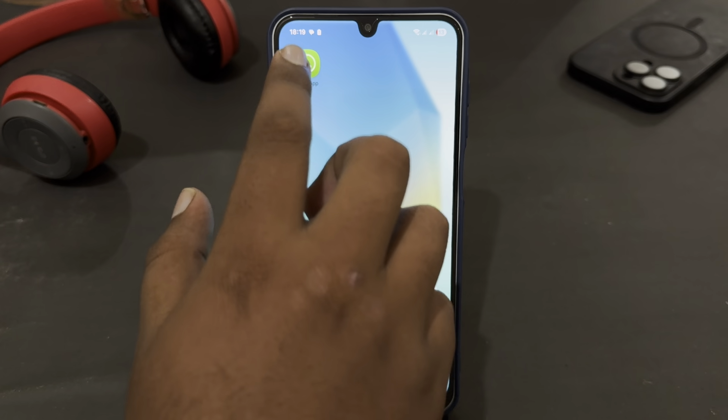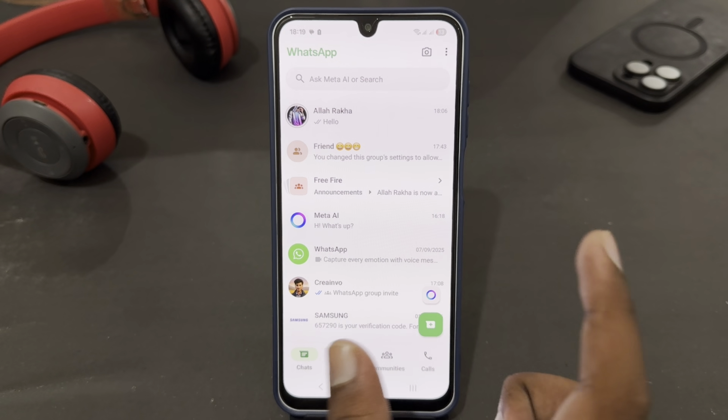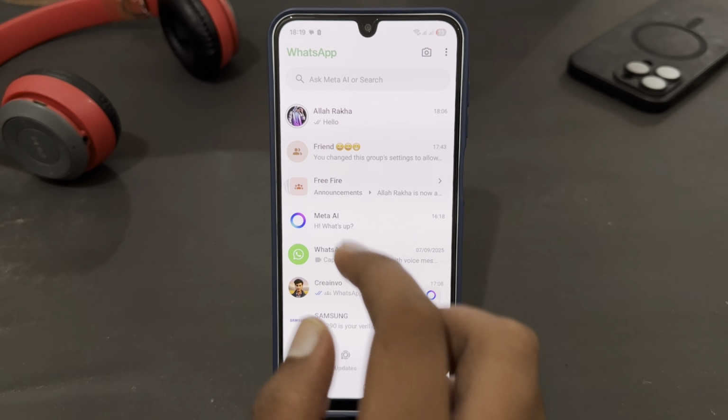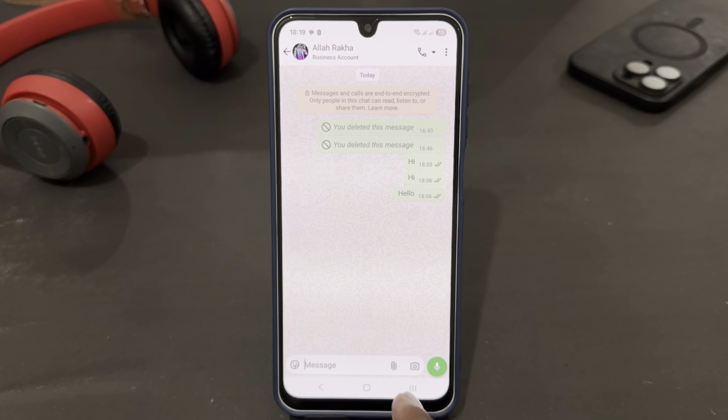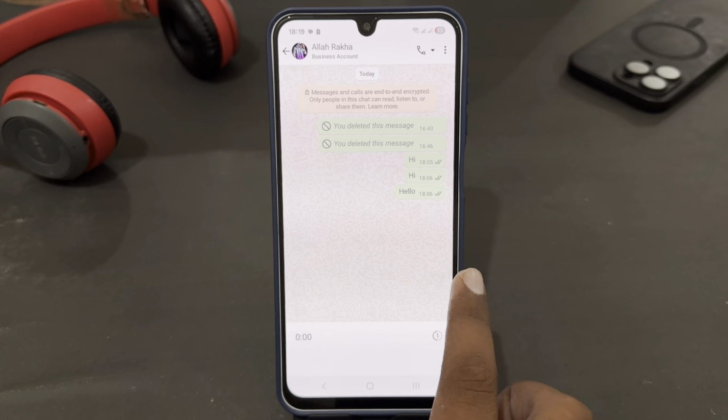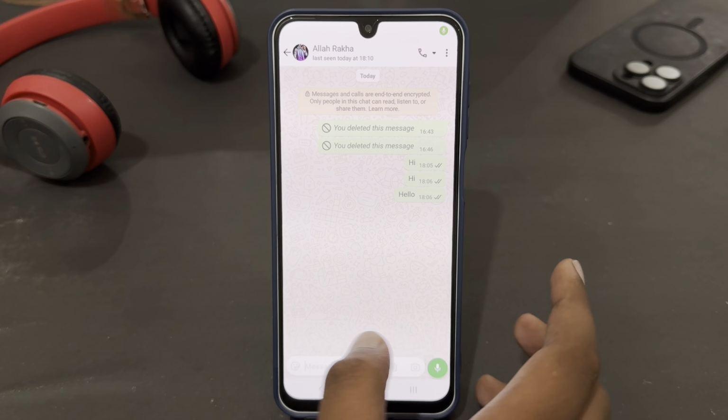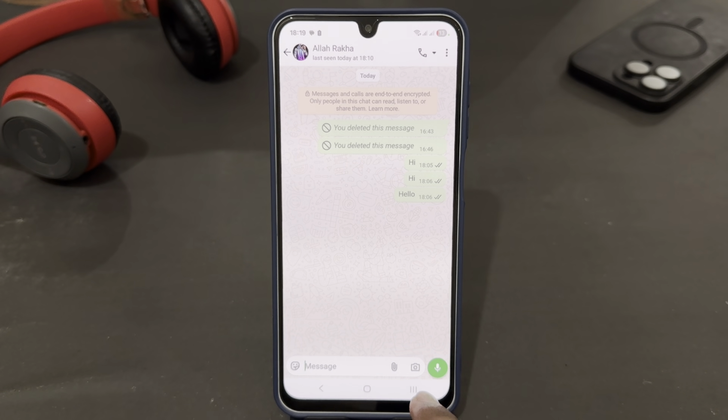You just have to open your WhatsApp app, select the chat you want to send a video message to, and I'm going to select this one, just tap on it. And here you will get the microphone option. You can send a voice message using that, or if you want to send a video message, just select this